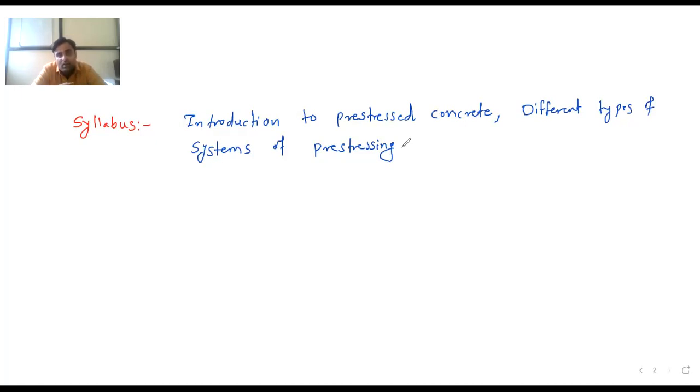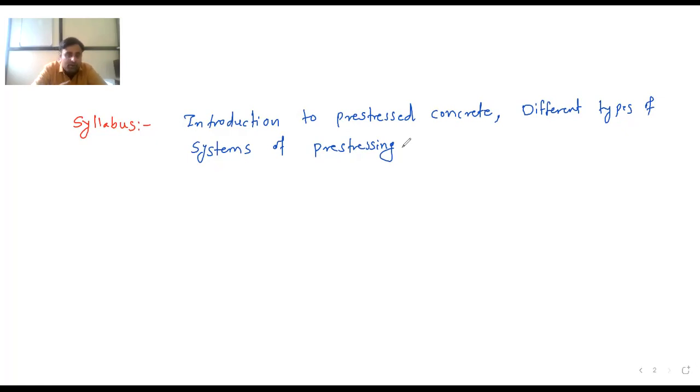So in this unit, we are going to see what exactly pre-stressed concrete is and why this pre-stressed concrete is required. What is the problem in our normal concrete? That we will see in the first 2, 3, 4 points, and then we will see what the different systems of pre-stressing are. Okay, why is this pre-stressing required? What are the different systems? So in that, basically, classification of pre-stressed concrete is done among pre-tensioning system and post-tensioning system.